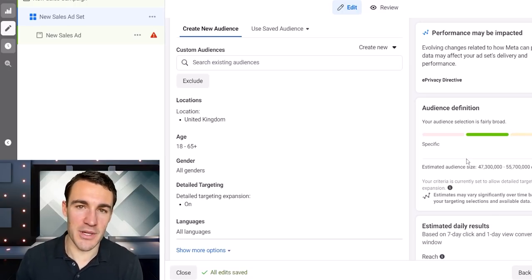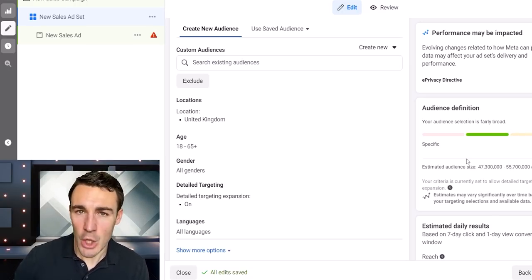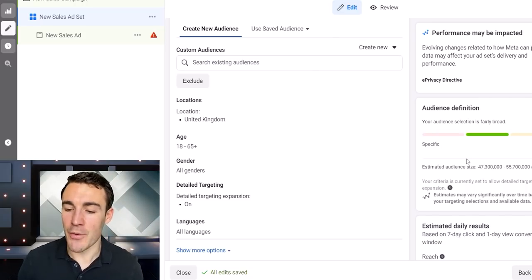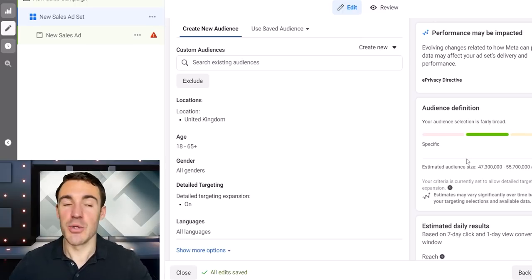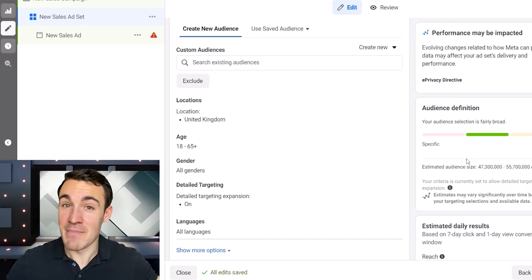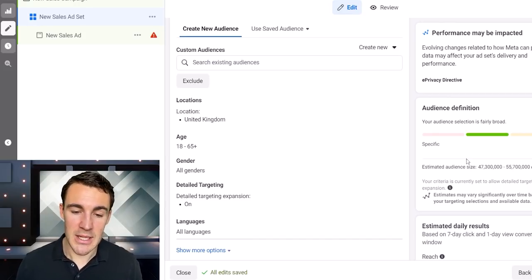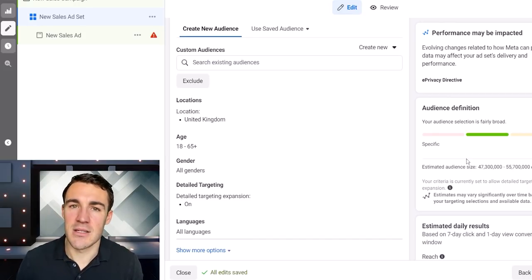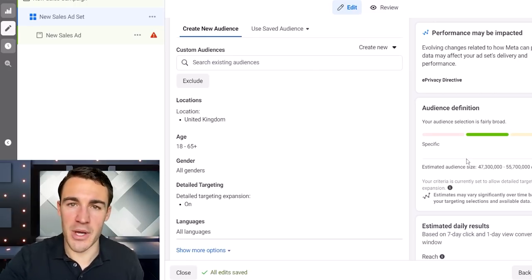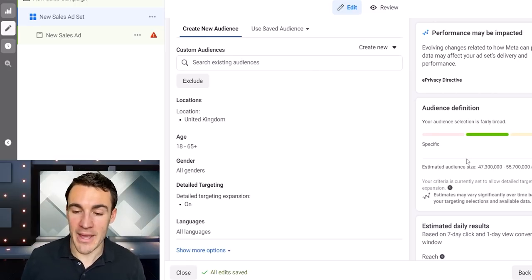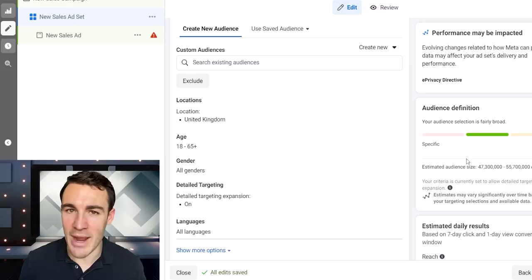And the reason why is because Facebook needs a lot of data to be able to work out who from a 50 million person audience, or if you're targeting the US, could be a 250, 260 million plus person audience, who in that is best to target. They need data. They need examples of what type of person goes on to convert from your campaigns. So brand new ad accounts rarely work very well with broad targeting, but mature ones do.